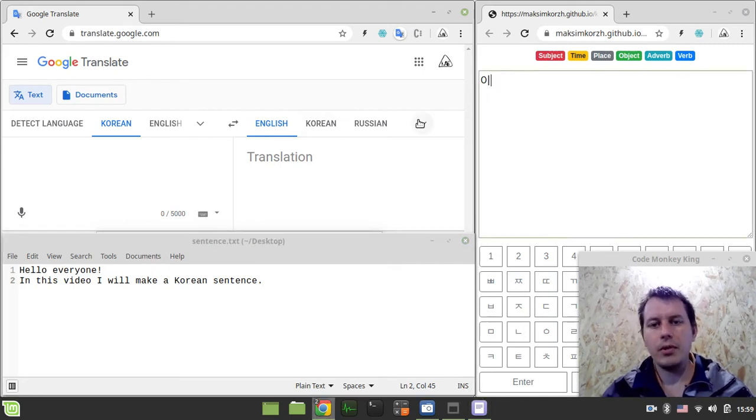So I can just type this in, and starting from this kind of thing, we would be making use of the subject, time, place, object, verb, adverb, verb, word order. We don't have all the parts of speech here, all these tiny little details, but I just want to share the gist of how I'm practicing. So let's start. So first I want to say 안녕하세요,